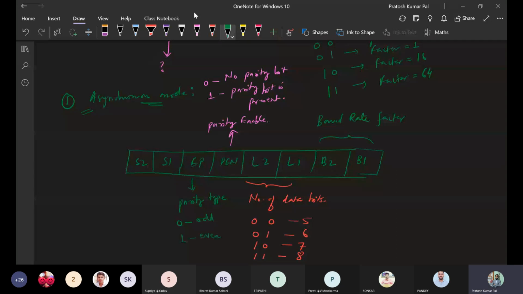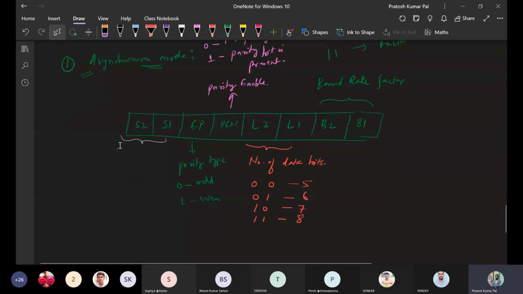Okay. The next one is these two bits. These two bits are basically called the number of stop bits. So while transmitting the data, there is always a start and end of the data.